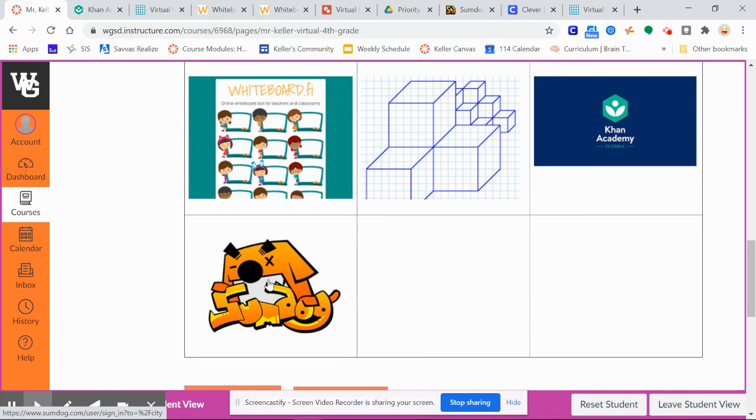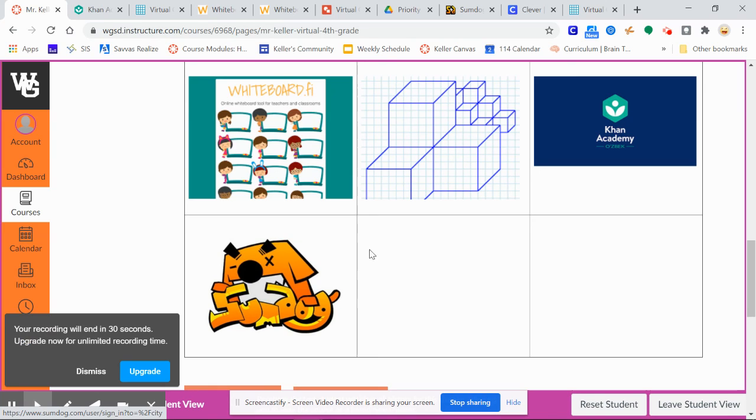And finally, we have your favorite and my favorite, SumDog. Different assignments will be posted within SumDog for you to work on during your asynchronous time or when we have finished our work. So those are some of the sites that we're going to be using and working with in the next few weeks. Again, if you have any questions, feel free to ask,